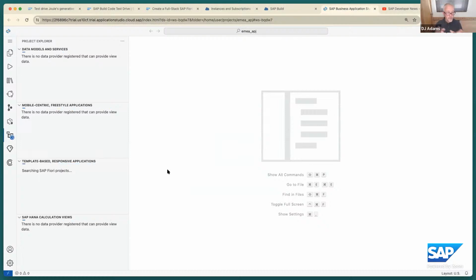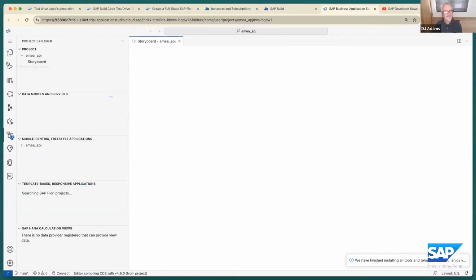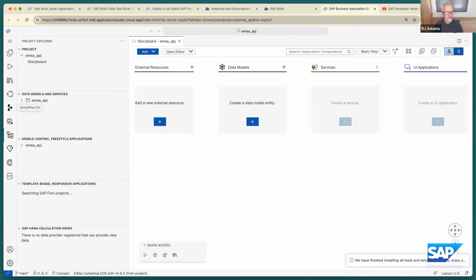And of course, this development scenario is all about building a CAP.js application with Fiori, plus it has the Joule capabilities also. So as we're setting up, you can see already that in our perspective list of icons here, I never know what to call this thing, we have this Joule. Okay, so we've been looking at that, but check this out.